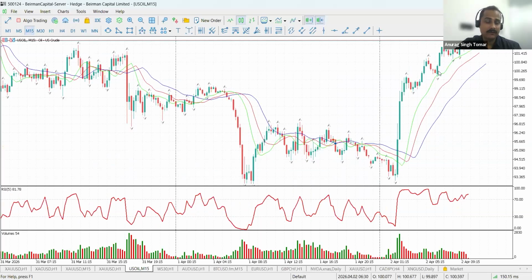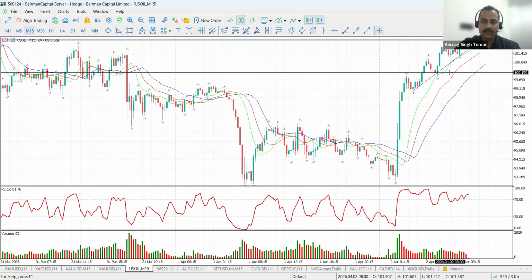But taking a buy will be quite challenging, so we'll come to the more microscopic 15-minute chart. See over here, wait for a dip. Once that dip is complete, then we'll take the buy call. Otherwise, the best buying level will come from this trend line liquidity, if prices really want to go up.